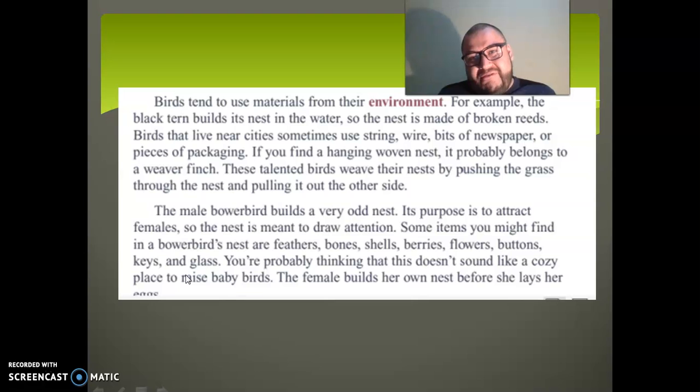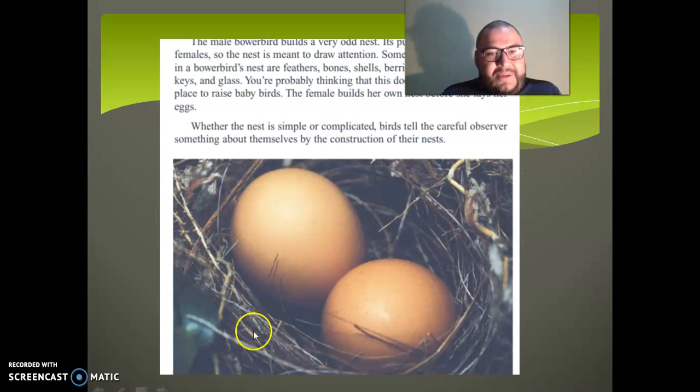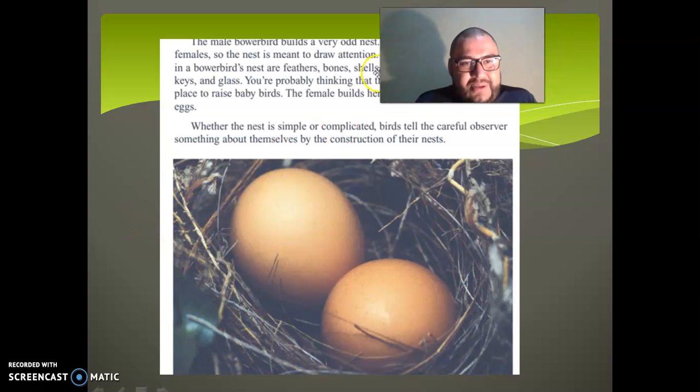Especially, you can find big nests in the countryside, in towns, not in cities. In the towns, you can find more different kinds of nests, right? So imagine how fantastic. This is one example of one nest, right? And you can find different materials inside, right? So